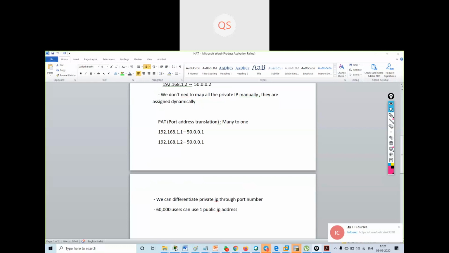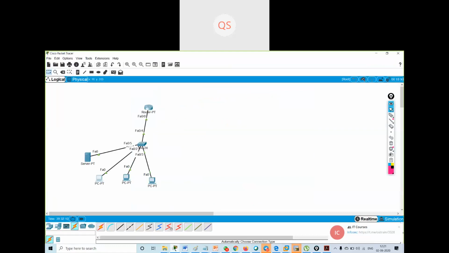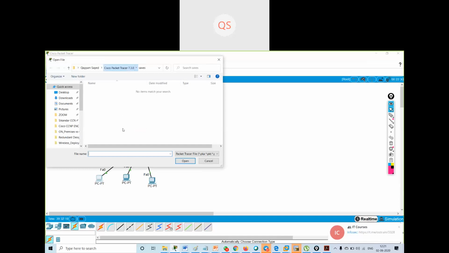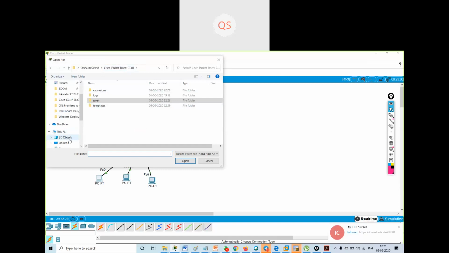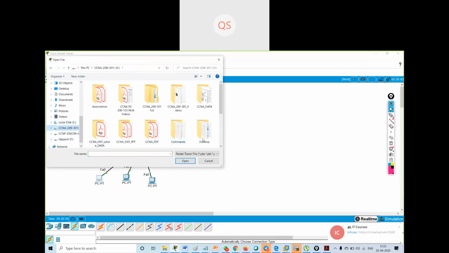Okay, so what I can do, let me check if I'm having any data saved.